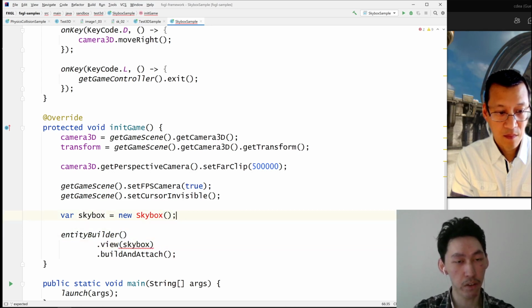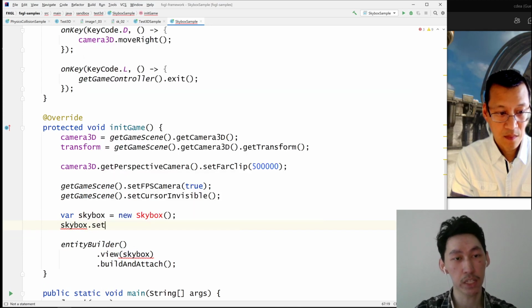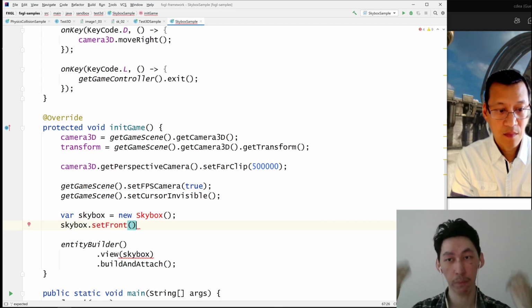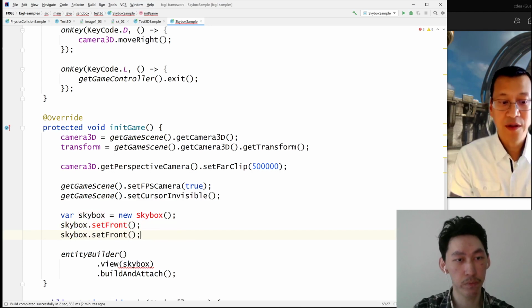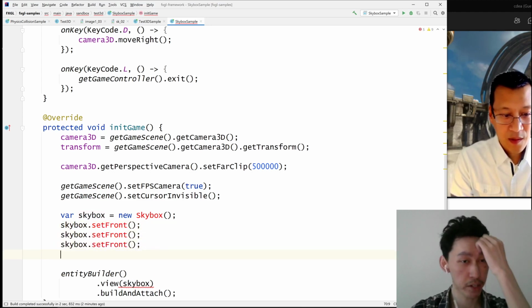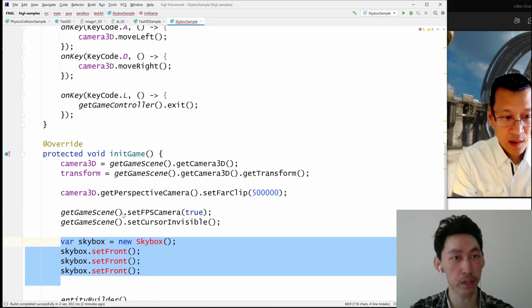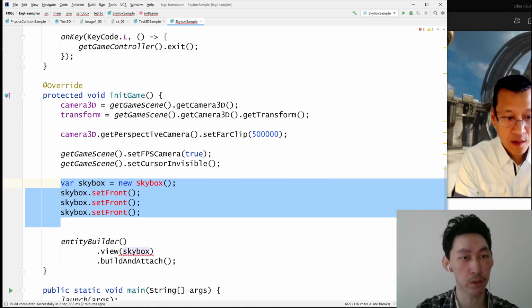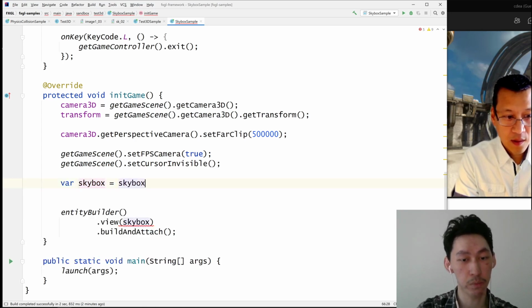And the user is able to then also do things like set front, because there are 6 images. It's front, back, left, right, top and bottom. So should there possibly be a Skybox Builder? Yeah, actually, that's a really good idea because builders are used everywhere in FXGL, such as the entity builder and so on. So it will be something like Skybox Builder,